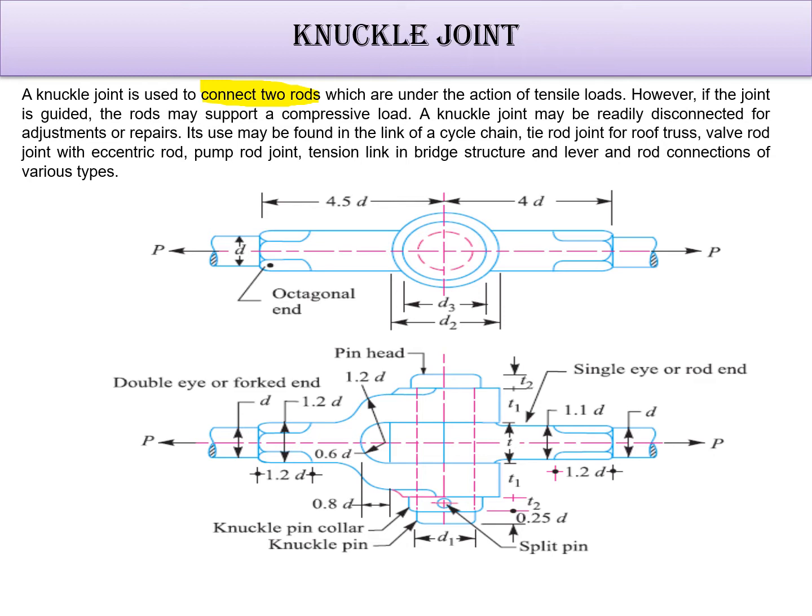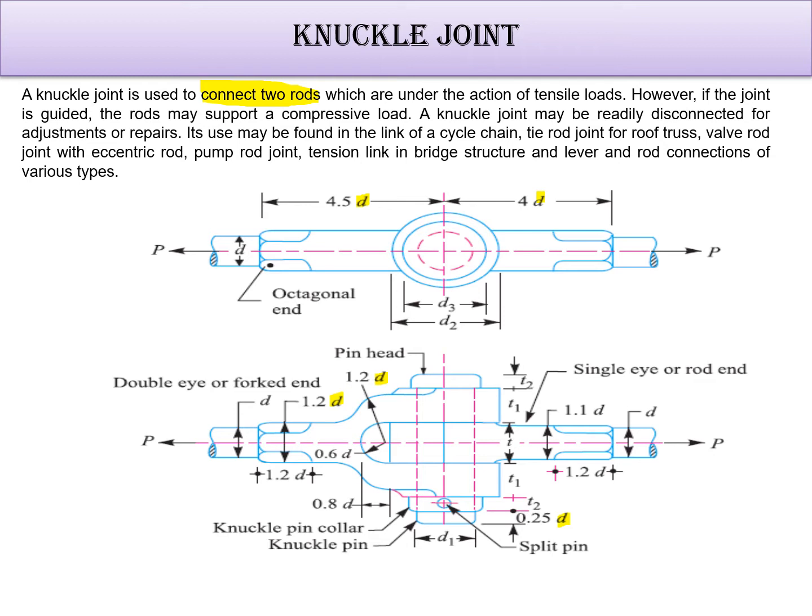Now here the empirical design of a knuckle joint is given. The difference between the empirical design and the other design is that in the empirical design the design value depends on only one term. Here you can see that every term is in terms of d, the diameter of the rod. So by this you can design a knuckle joint very easily. If you know the diameter of a rod, you can design a knuckle joint. But in designing, we are going to check whether the dimensions we get with the help of this empirical formula are up to the mark or not.